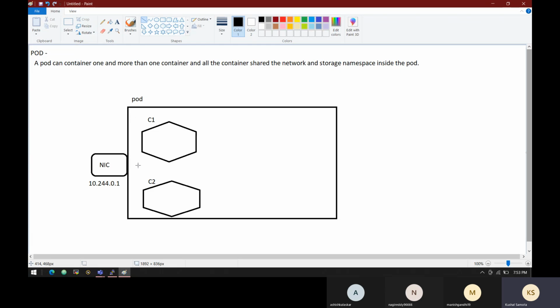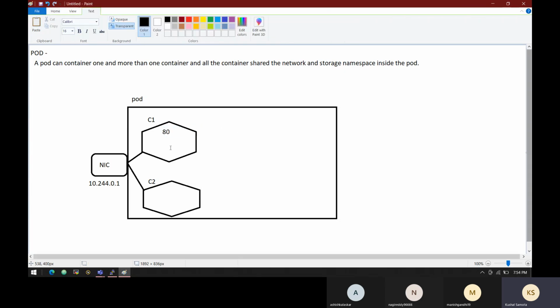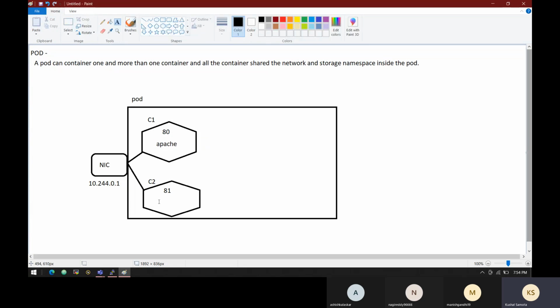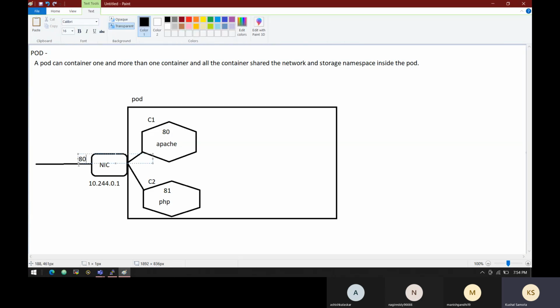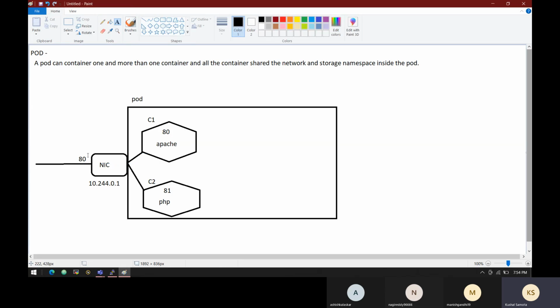So this NIC card will be shared by both of these containers. Now let's say this container is running on port number 80 and this container is running on port number 81. Let's say here you are running Apache and here you are running PHP. Whenever any request comes on this NIC card on port number 80, that will be forwarded to this container, and if the request comes on port number 81, that will be forwarded to this